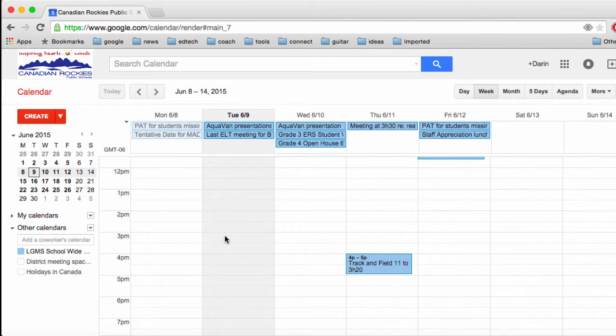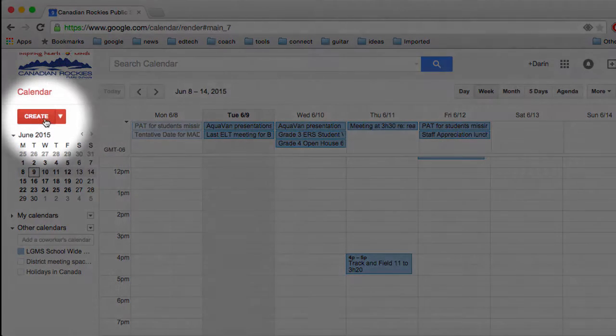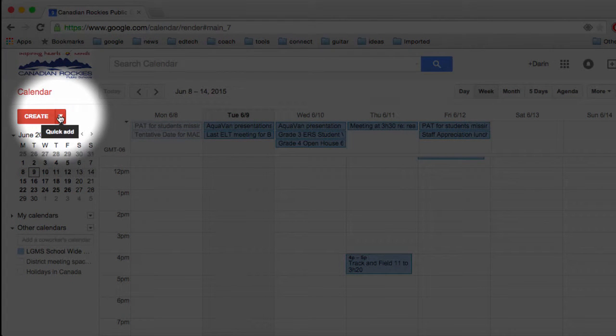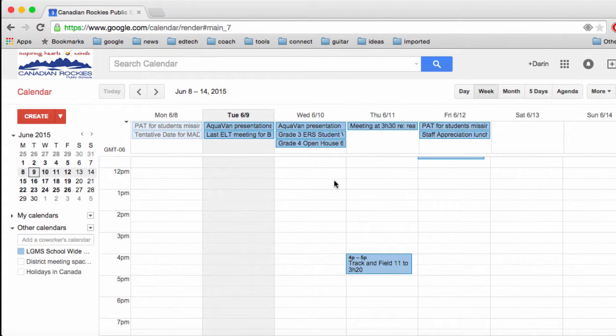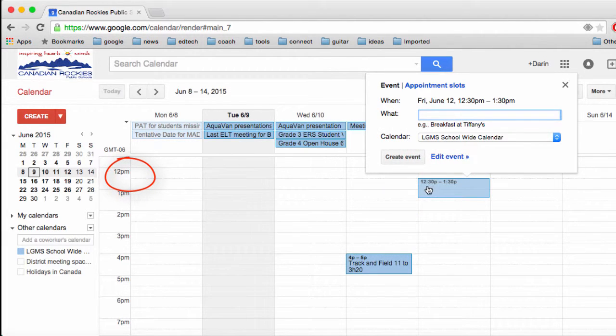When it's time to create our event, typically people will use the red create button or beside it the quick add. But I find it much more efficient and accurate to actually mouse over in the week view to the day and the time slot that I want. So let's say Friday the 12th, I want to set up a meeting. It starts at 12:30, so if I hover over that area, click on it, it automatically gives me an hour-long spot in that area. I can quickly type in my title